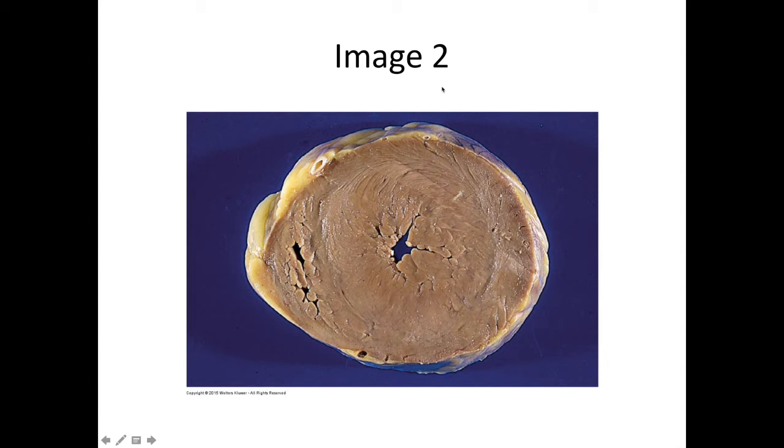What we're seeing here is a typical case of a left ventricular hypertrophy. So this slide is going to be left ventricular hypertrophy. And you can tell by the overall increase in thickness of this left ventricle. It's just absolutely massive. And you can tell that this is most likely going to be due to hypertension, systemic hypertension, which has occurred over a long period of time. You can see and appreciate how the chamber of the left ventricle has decreased in size, whereas the myocardial thickness